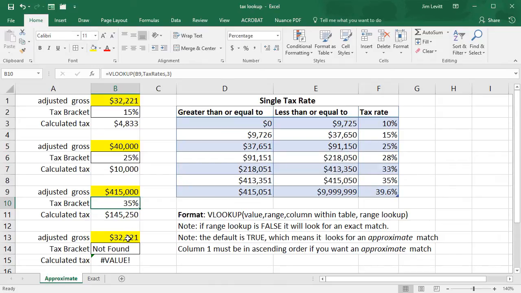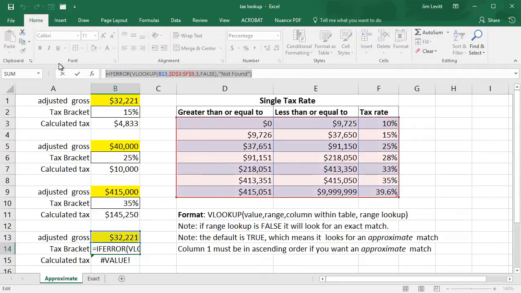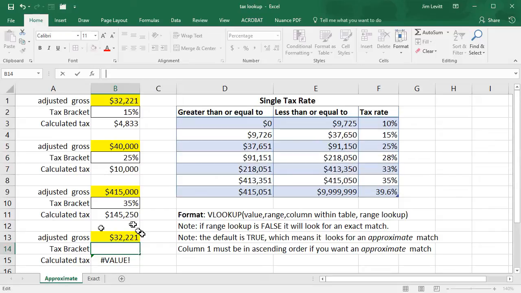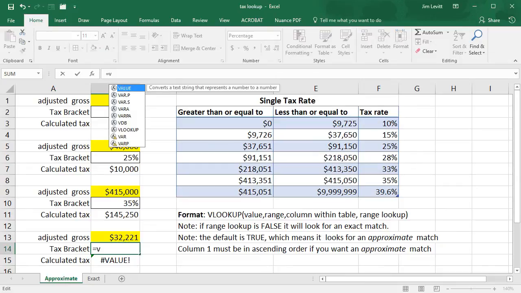Now in the last one, I've got some errors here. Let me show you what's going on here. Here, the tax bracket, I'll erase that formula. Let's do this again, only let's put in the last parameter, okay? Equal VLOOKUP,